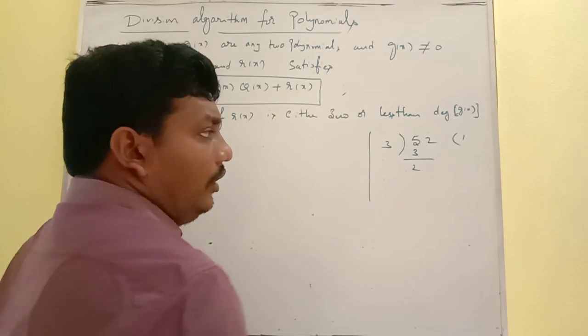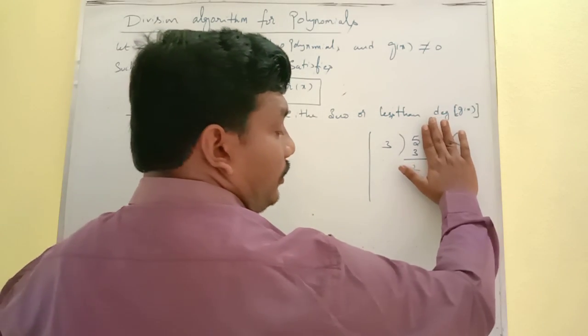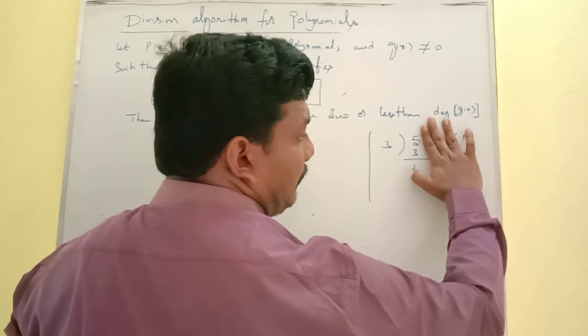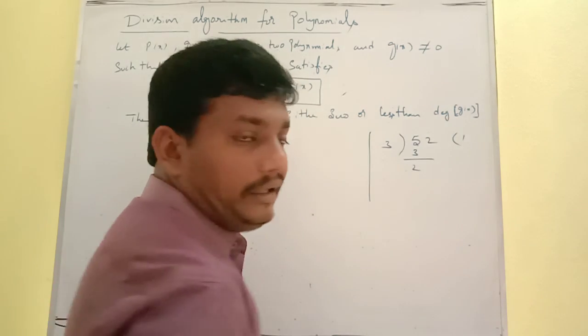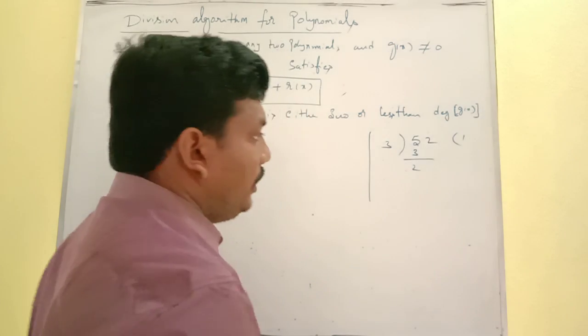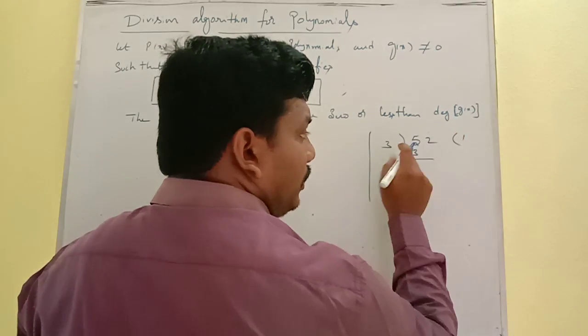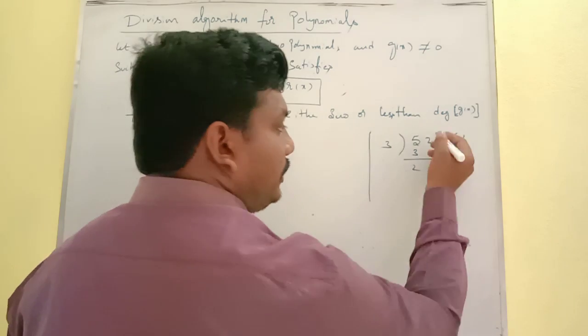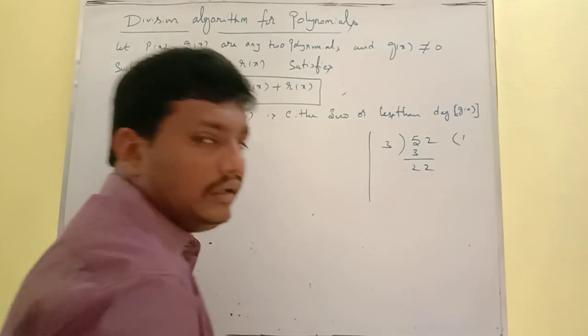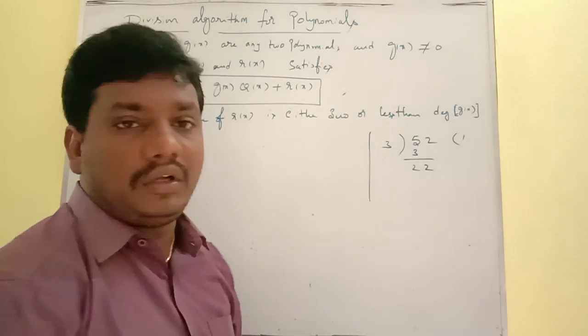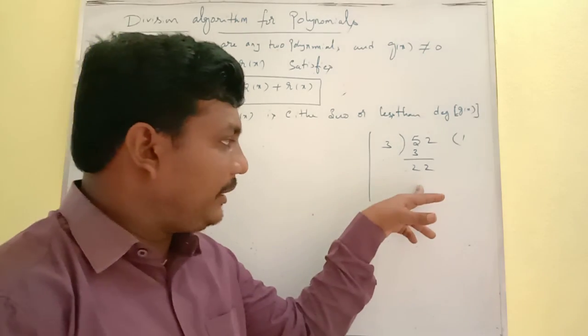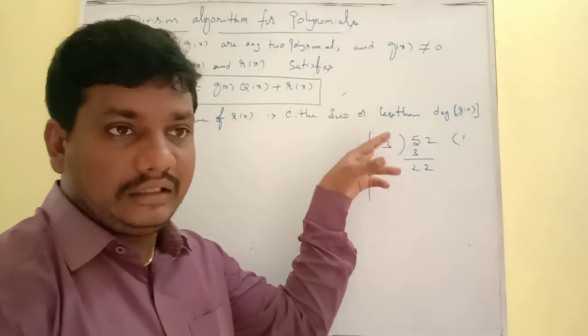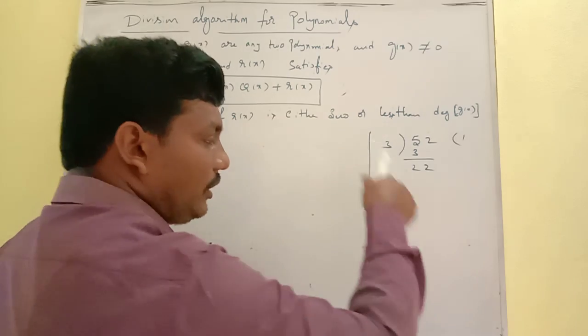But why do we stop the division here if it is only 5? Because the remainder is less than the divisor. Now fortunately the number is 52, so next we take 2 as well. It becomes 22. Now this remainder value is greater than the divisor, and that is the reason we continue the division.